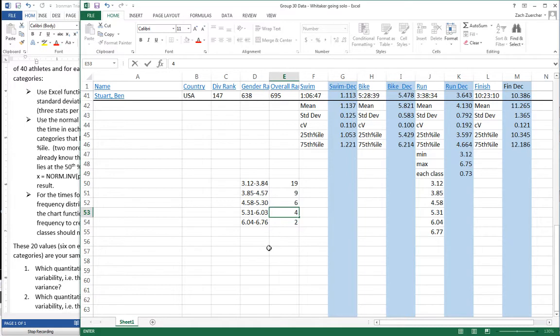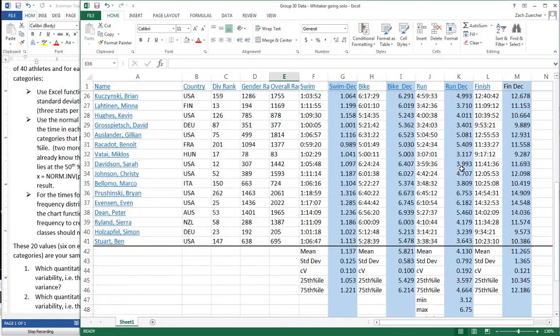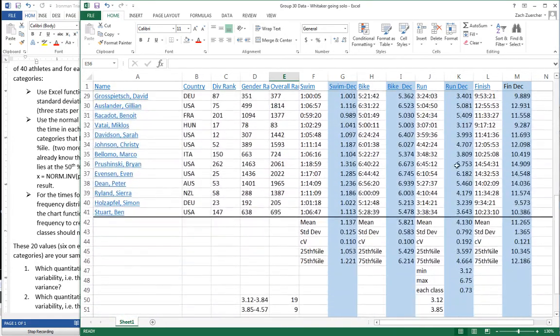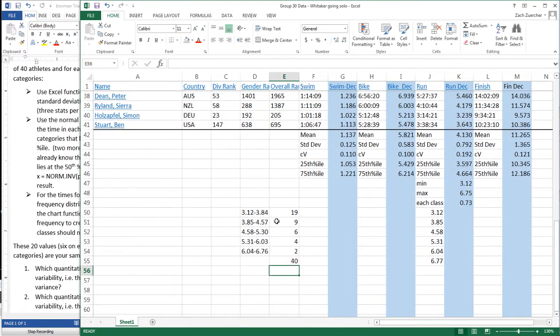Yeah, that adds up to 40, doesn't it? Let's just give that a quick sum. Make sure that adds up. Boom. There you go. There's 40. Okay. Once you set up your 5 classes, once you count up how many of the times in your run data over here fall into each one of your classes, then this data right here, that's all you need to construct your histogram. So select it like I've done here, insert,